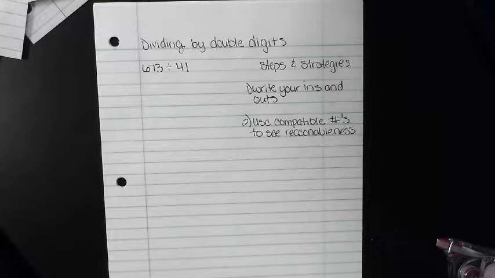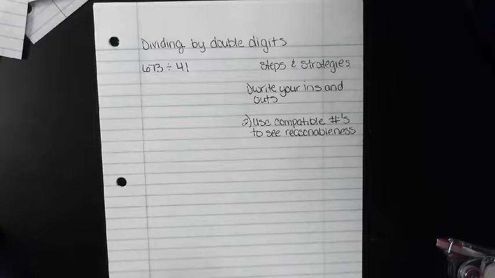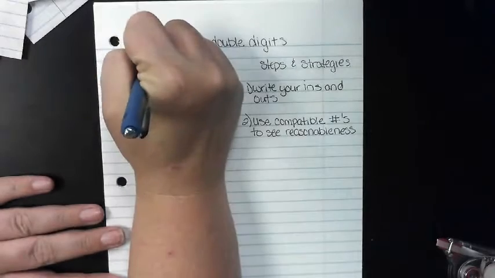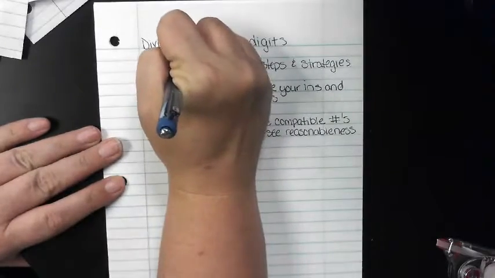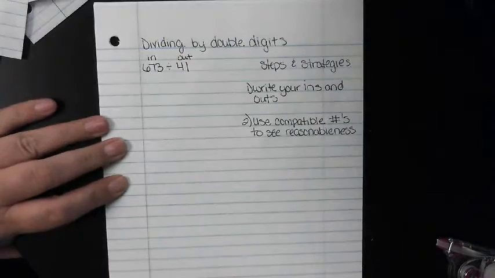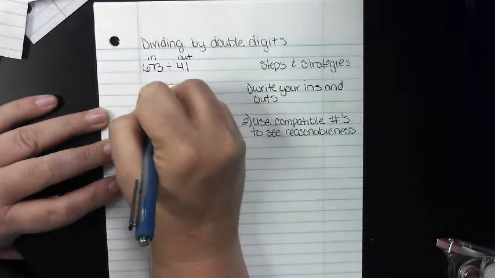So, first thing you want to do is write your ins and outs. Since we're coming from always using a division house and we're moving into using division sentences, it's good to see that the first number will always go inside of your division house and the second number will always go outside of your division house. So I'm going to take this 41 and have